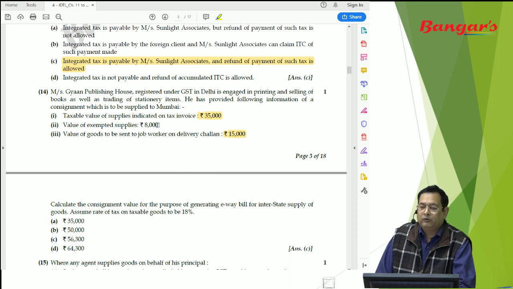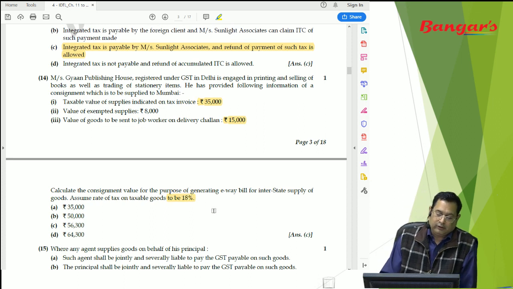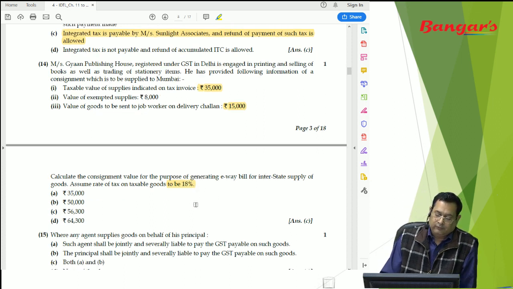So exempt supplies won't be included. Taxable supplies will be included along with what? The tax element thereon, and the tax element is 18%. So after adding 18% to 35,000 and adding 15,000, the value works out to be